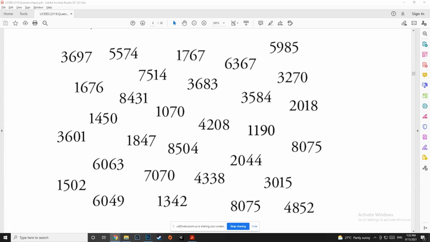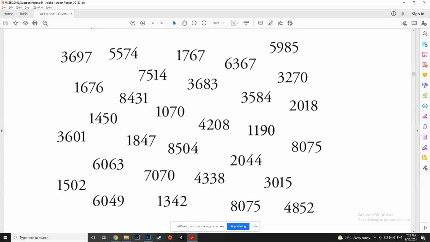Yes, so 3 of you got it correctly, and I'm only considering Anirudh and Aditya's answer because they gave me the reason. Sabrina and Anjali, I told you to give me the reason, right? So in this question, you don't have any particular skill to do it, right? But you can first of all logically reason, but you will find somewhere or the other, some of the numbers might not just sit correctly with you, right? So you can try examining them.